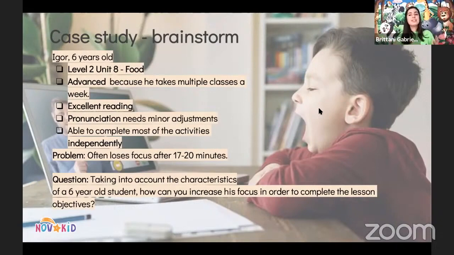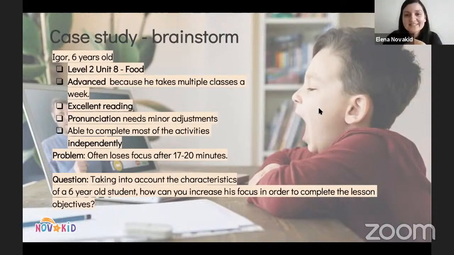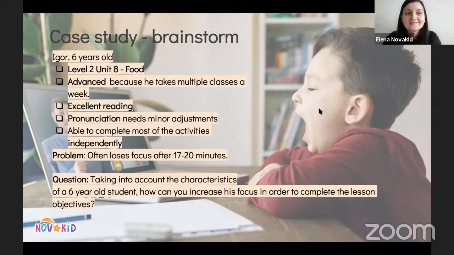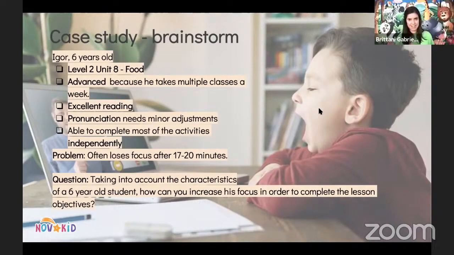Or you could play a simple game of tic-tac-toe or noughts and crosses. Any slide can be a tic-tac-toe game because tic-tac-toe is just a very small game you can play in the corner. The student makes a correct sentence, they get to put a nought or a cross. You make a correct sentence, you get to put a nought or a cross. I cannot tell you how many times I've lost at tic-tac-toe with my students at Novakid without trying. I'm probably the worst tic-tac-toe player there ever was. But again, it is important to try and let your students win.